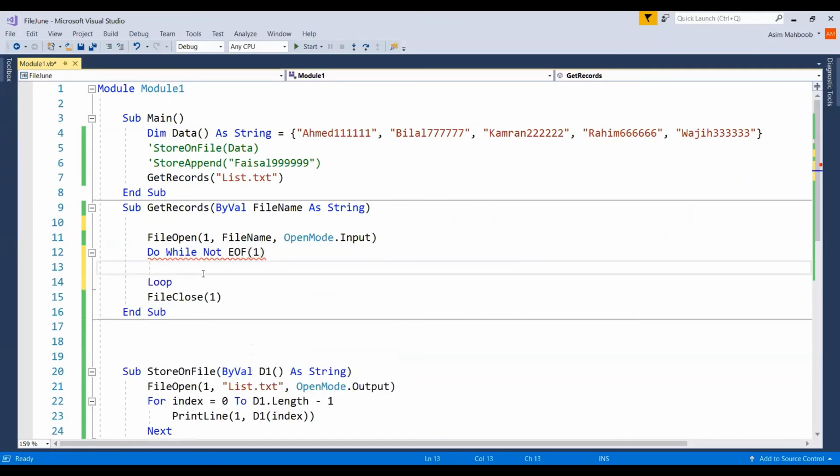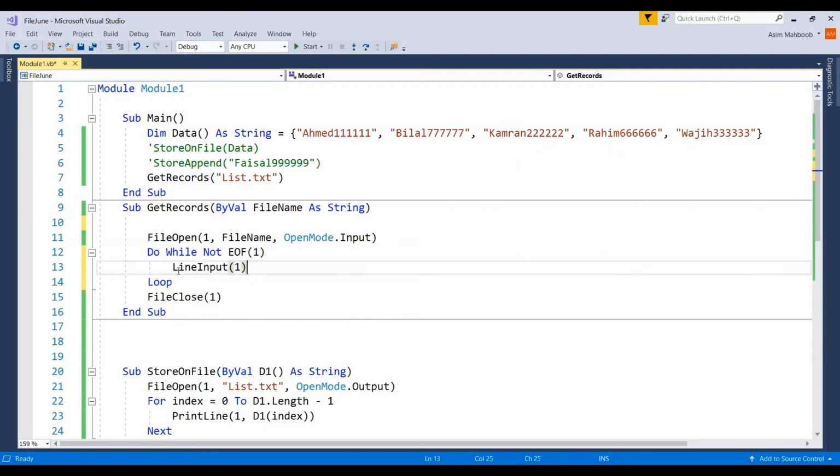हम क्या लूप चला रहे हैं? Keep on running the code inside this loop until the end of the file. As the file ends, come out of the loop. So this is the purpose of this block that I've written. And in this block, what I will do, I'll count how many lines there. So you know that to read the file line, what command we use? We use this line input 1. This is the command to read the whole line,